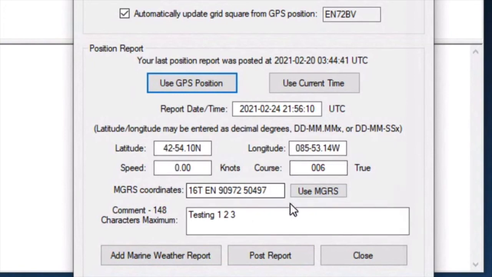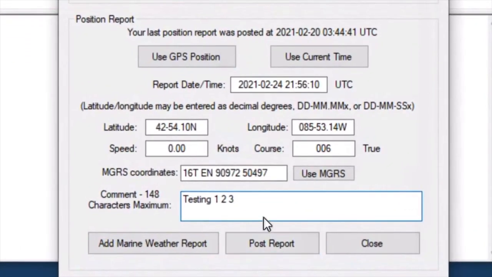You won't need to touch any of this other stuff. For a comment, kind of like Twitter, where you're limited in characters, you can just put in a little message saying that maybe everyone is okay. Just kind of a status, depending on your application, or sailing fine if you're a sailor sending a position report. Maybe you're a hiker, you can say this is base camp, or something like that. So many ways to utilize this. Whatever your particular application is, that's all you need to do. And when you're done, you can just say post report,